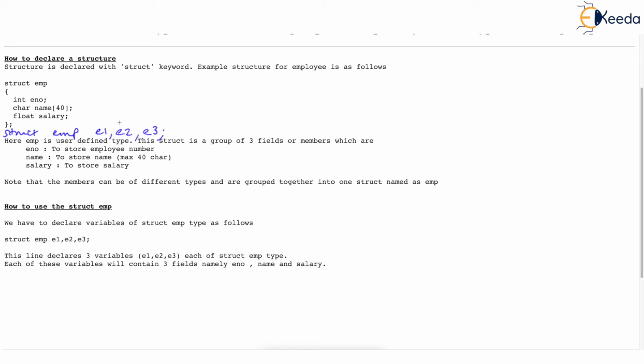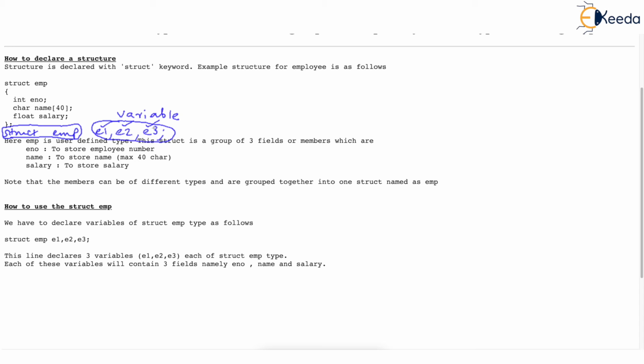Now these E1, E2, E3 are variables. But you know a variable should always have a type, and the type of this variable is struct EMP. I said struct EMP has become a user defined data type. So you are actually creating 3 variables E1, E2, E3 of type struct EMP.